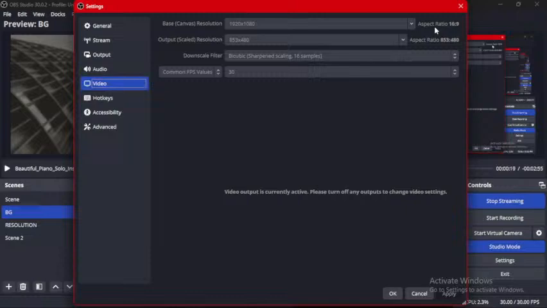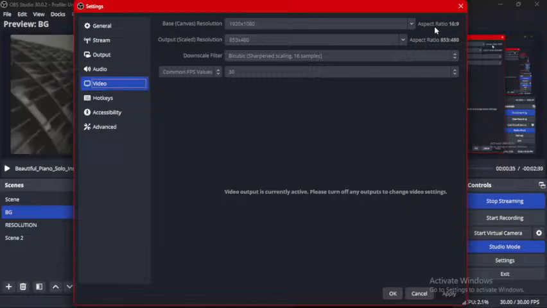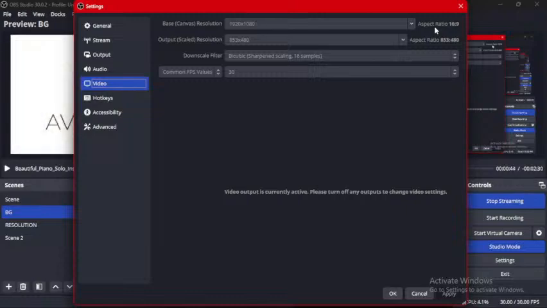Now, this ratio is another language that some people understand. It's a terminology that other video guys or media guys understand, so you need to have that in mind too when communicating. You can use ratio. Some people understand dimension. I said base canvas just now, and it sounds strange to some people, but when I say aspect ratio, some people understand instantly. So that's what you need to understand.